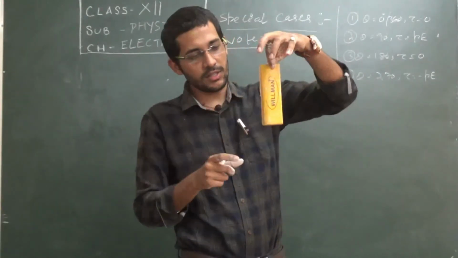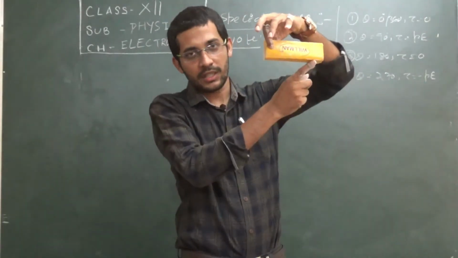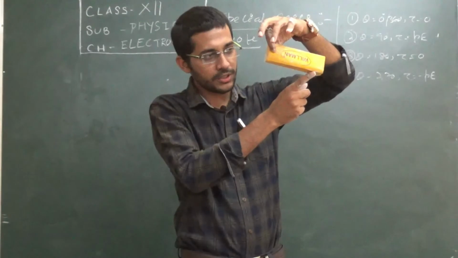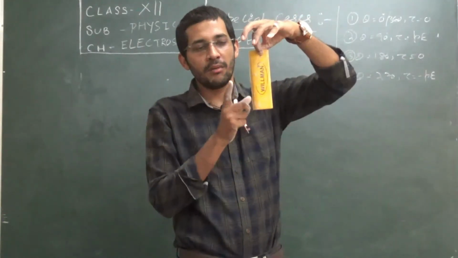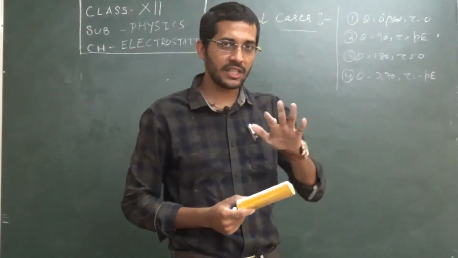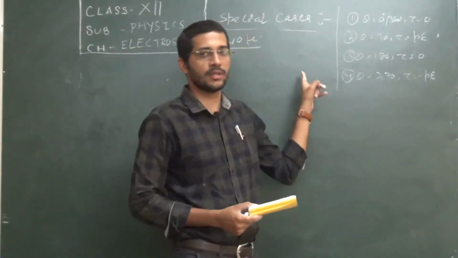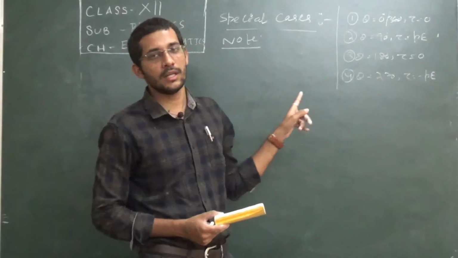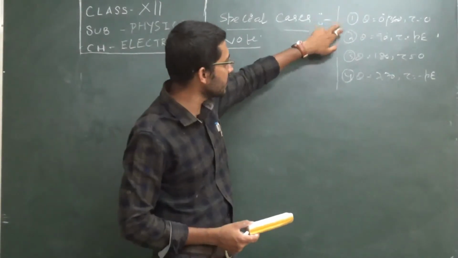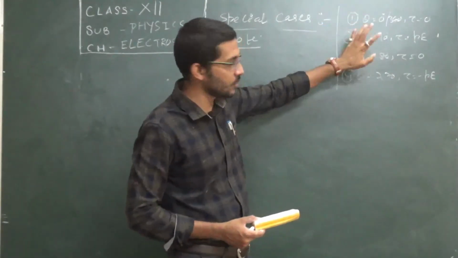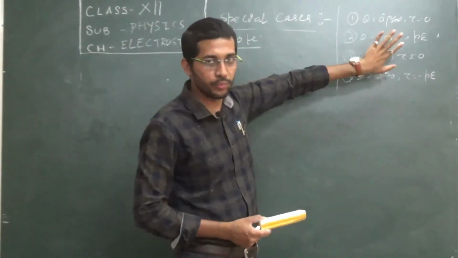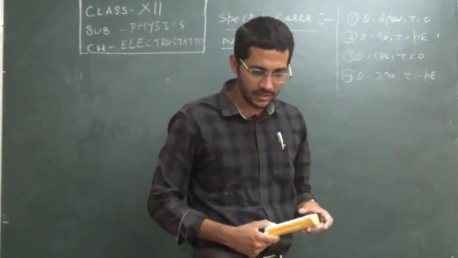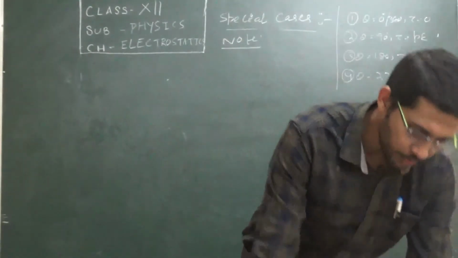But here in this case, what is happening? You push, it changes its position and it again returns back. That's why it is in equilibrium also, but it has stability. So the same thing is happening here also. In case of the dipole, in the first and third cases the system is in equilibrium, that means there is no rotation. But which one is stable, which one is unstable? This is quite a necessary question for class 12.